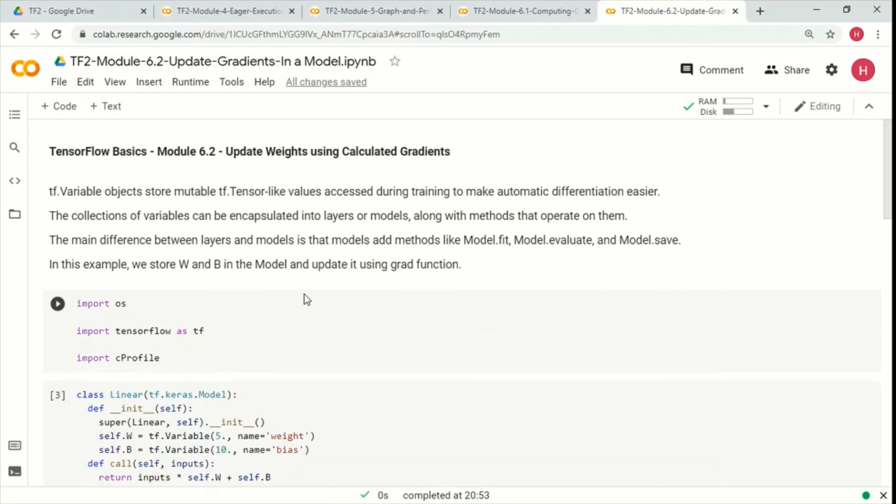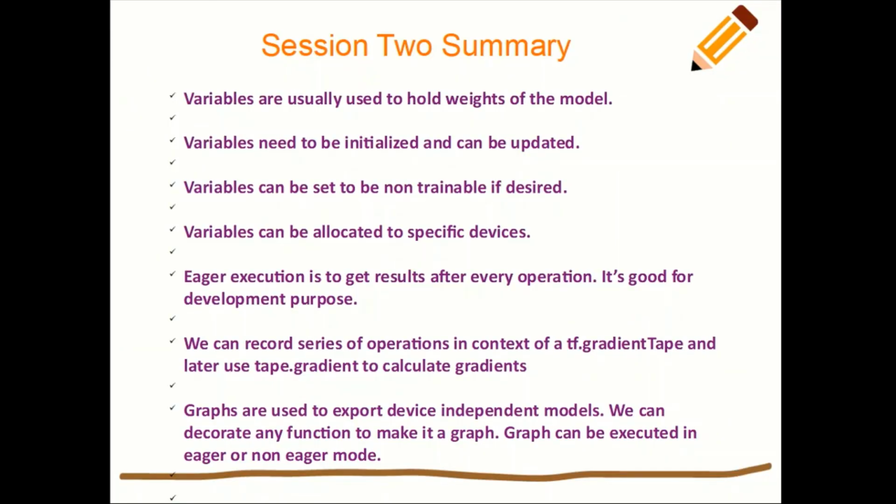So I think with this we are coming to a conclusion for the session 2 and video 2. And once again, just to re-emphasize what we saw in this particular session, I'm going to do a recap on the session 2 summary. So we started with variables. We saw that they're usually used to hold the weights of the model, and they need to be initialized, and they can be updated. So that's the difference between the tensor and the variables.